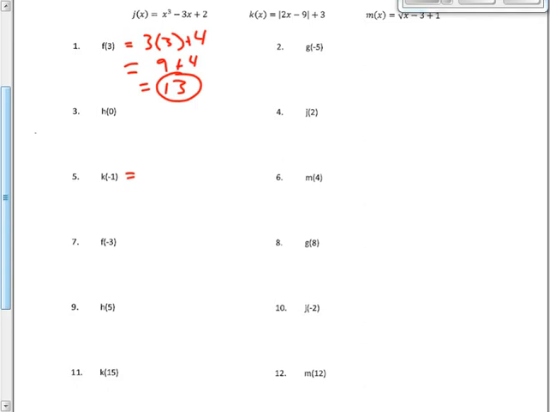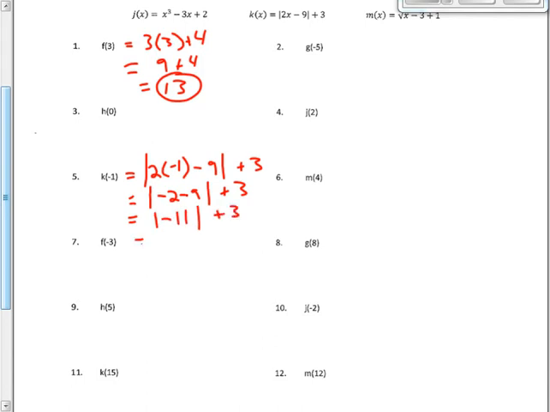like number 5. So I'm taking the k function and I'm plugging in a -1. So I get 2 times -1 minus 9, that's all in absolute value, and then plus 3. 2 times -1 is -2 minus 9, all in absolute value, plus 3. -2 minus 9, if I owe $2 and then I borrow 9 more, if it's -2 degrees and it drops 9 more degrees, any way that you want to think about it, this gives you the absolute value of -11